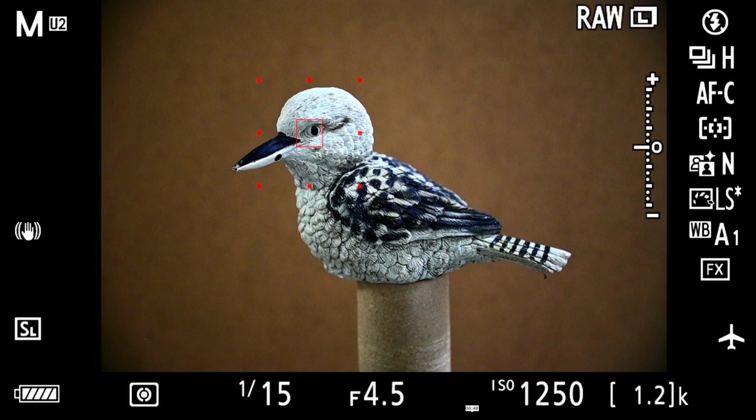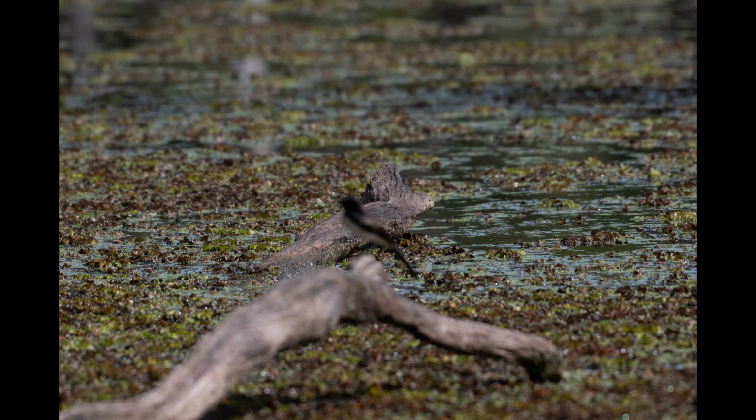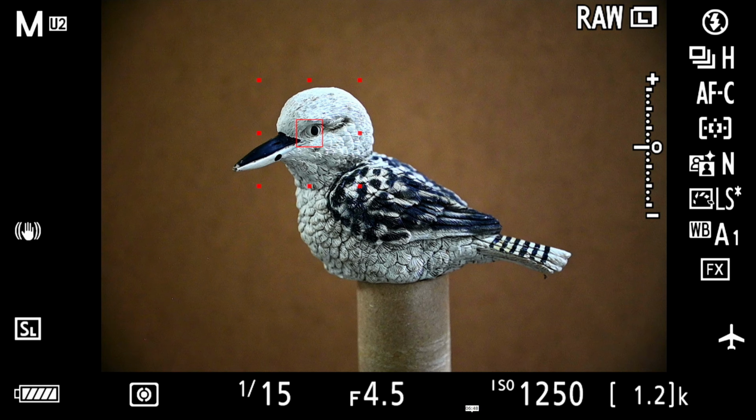The way dynamic area AF works is that the center point is your main point. If it can't focus on something, the other points take over. If your subject is within these points, it will lock on to that. But I have found sometimes, even though my bird is in the center, it will focus in front or behind, depending on the foreground. It is very problematic for me, but I do use it at times where I feel that if the bird's moving a little bit more, I won't use single point,